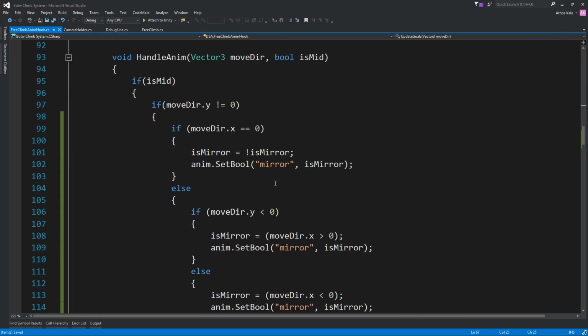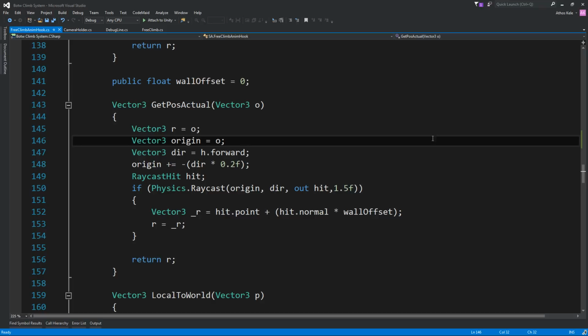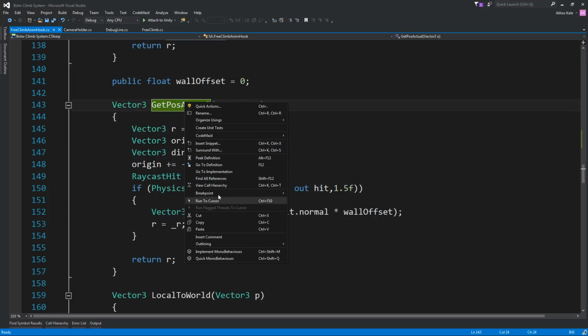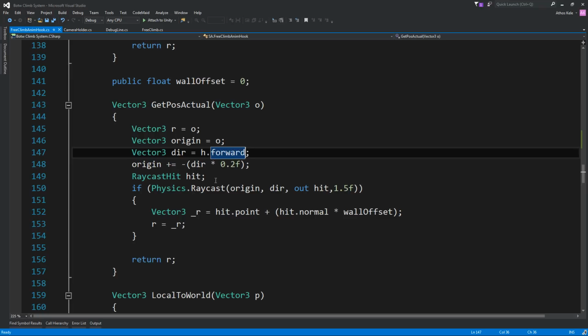Let's find the raycast. Okay, get position actual. We pass the correct position.